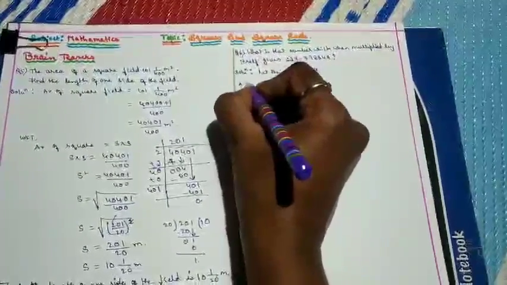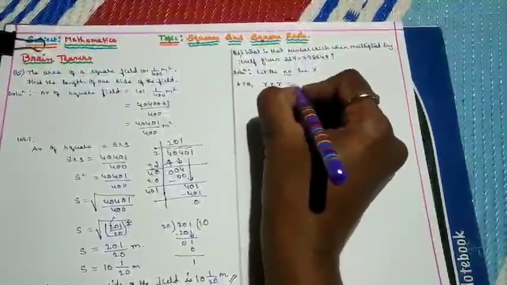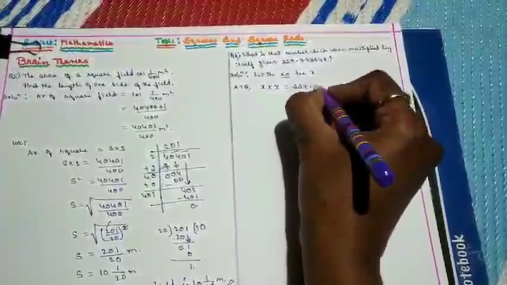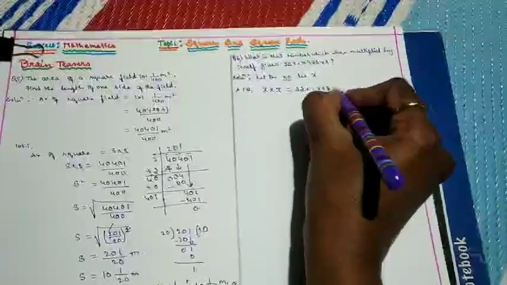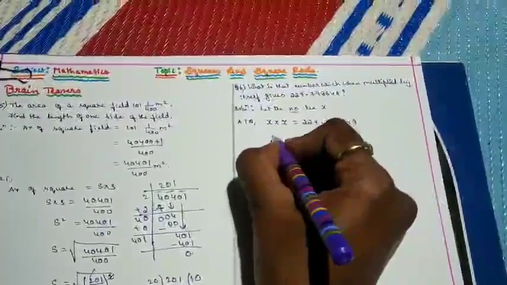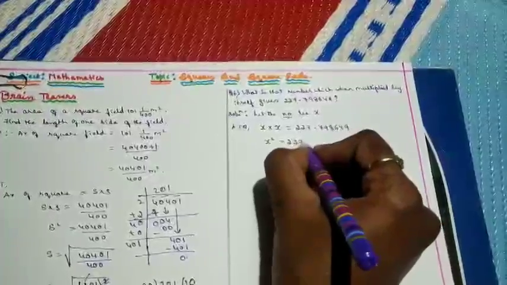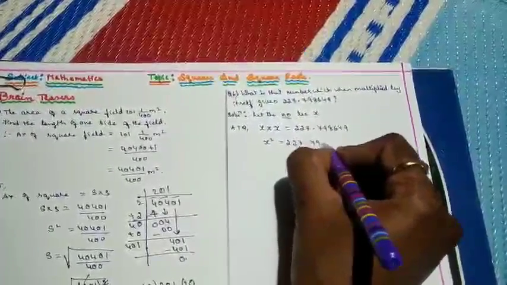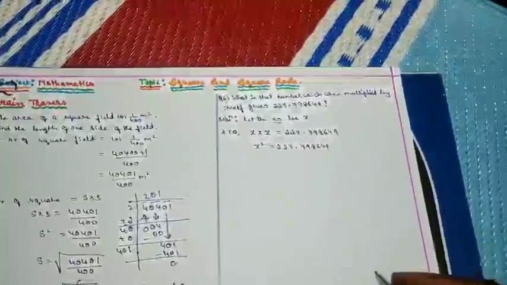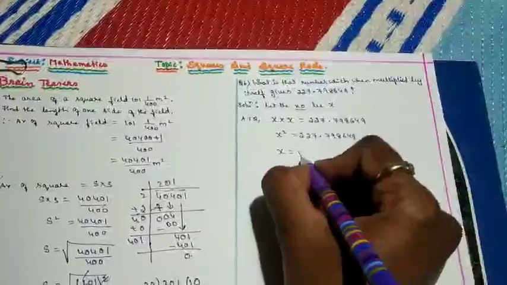Then according to the question, a number multiplied by itself gives the product 227.798649. Then we know that x into x is nothing but x square equal to 227.798649. Then sending this square to the other side, it becomes square root. So x equal to square root of